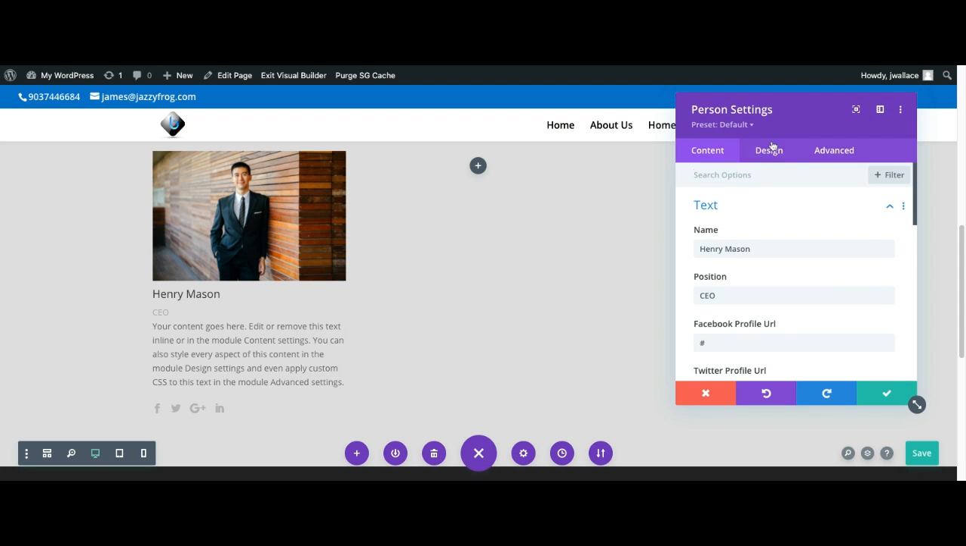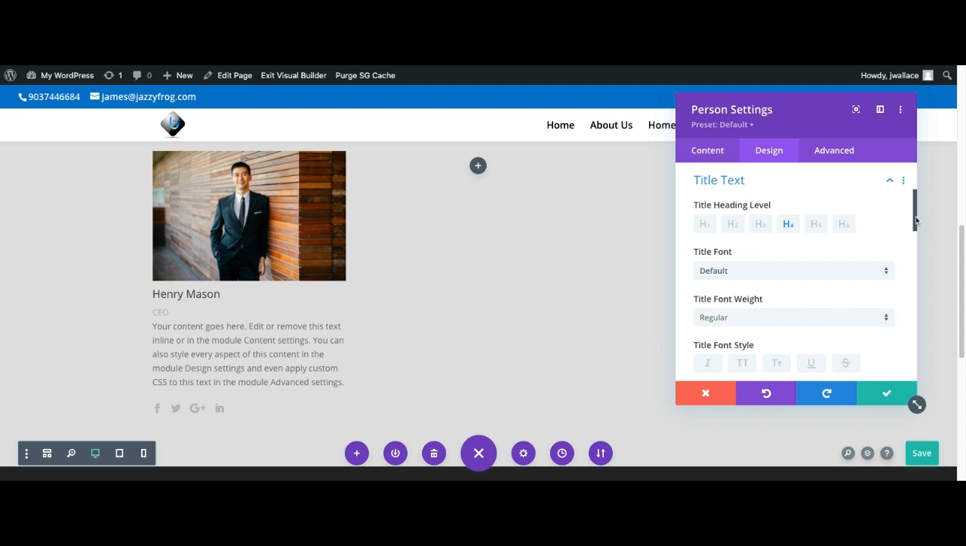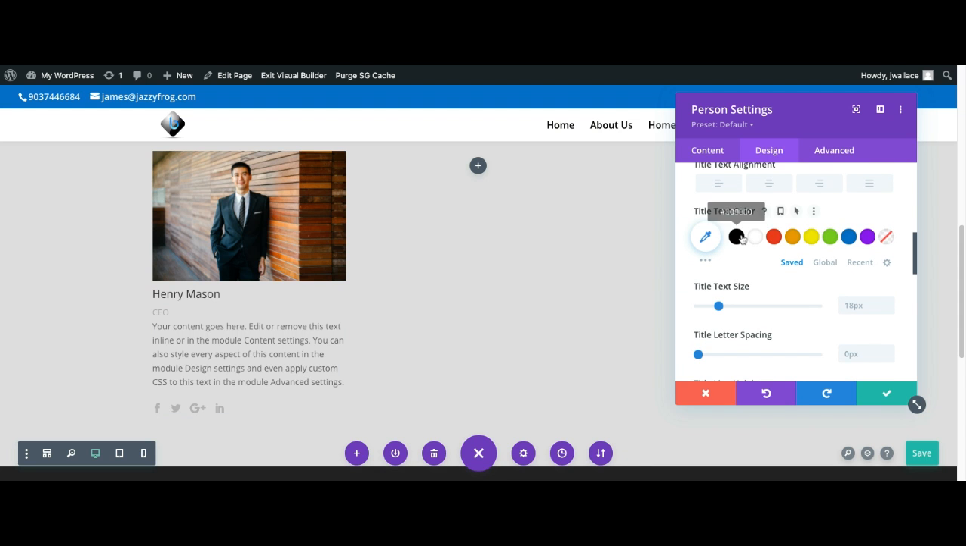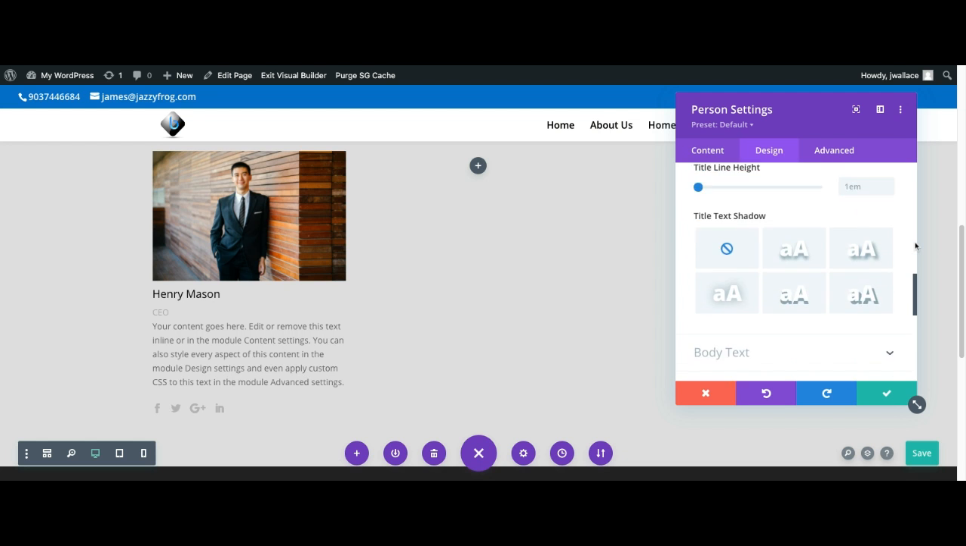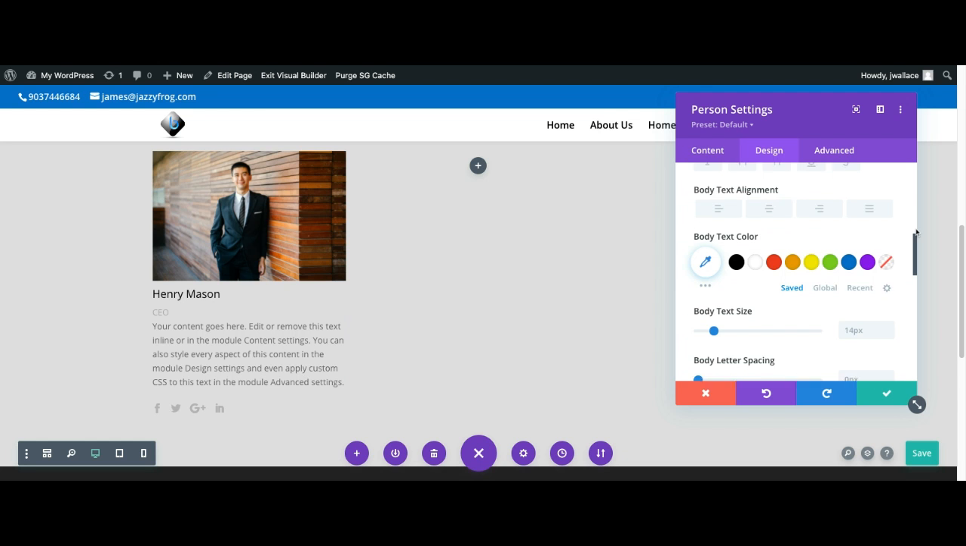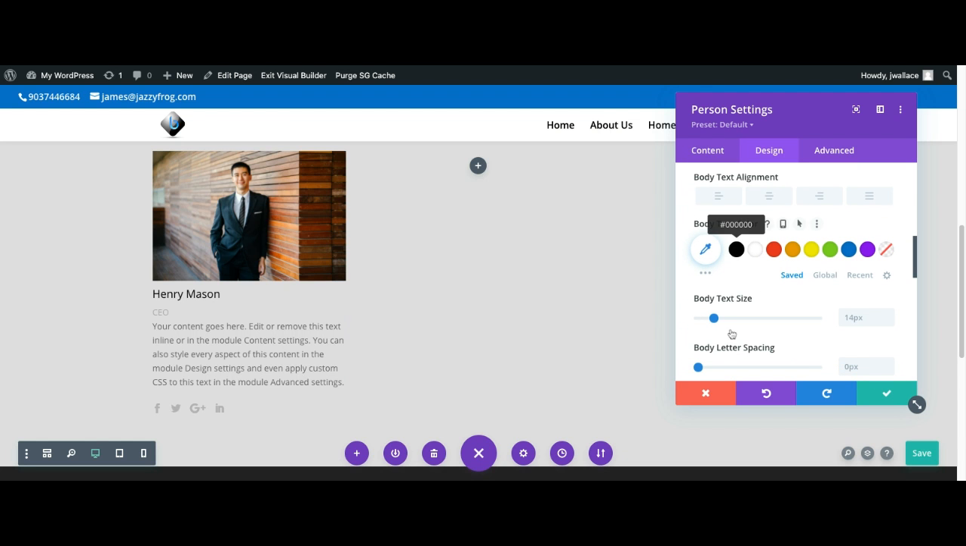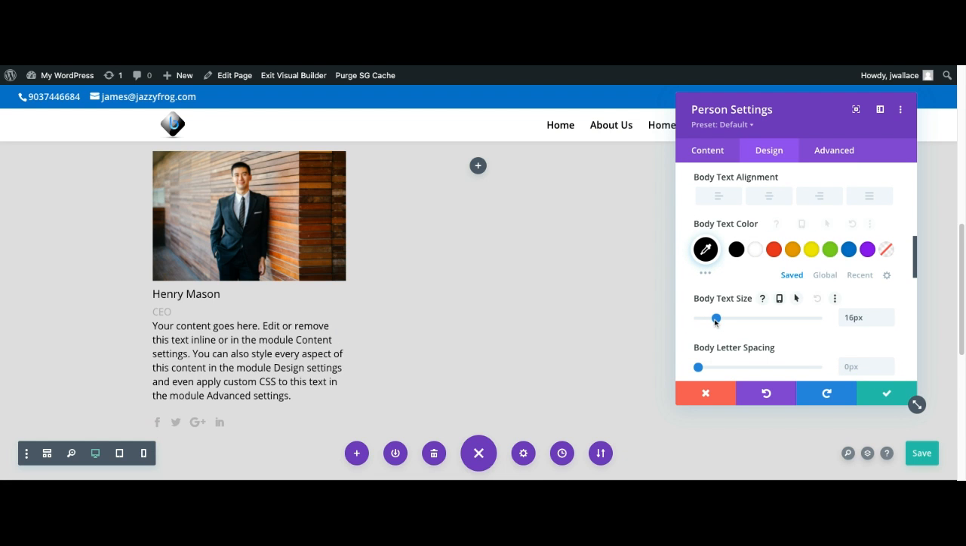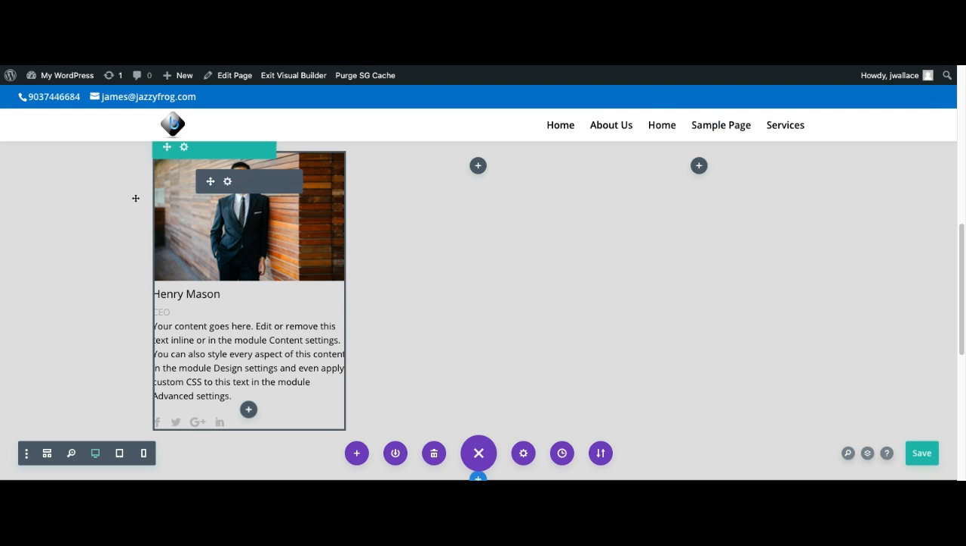So I'm going to go over here to Design, and I'm going to go to Title Text, and let's make that black. And then let's go down here to Body Text, and let's also give it a black color, but let's make it just a little bit larger, maybe right about there. So now when I'm done, I'm going to use the Duplicate module button, click it,